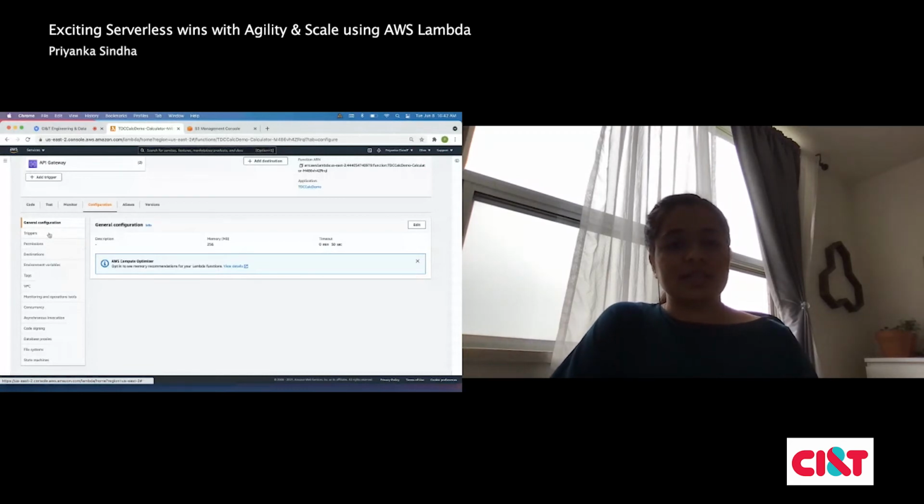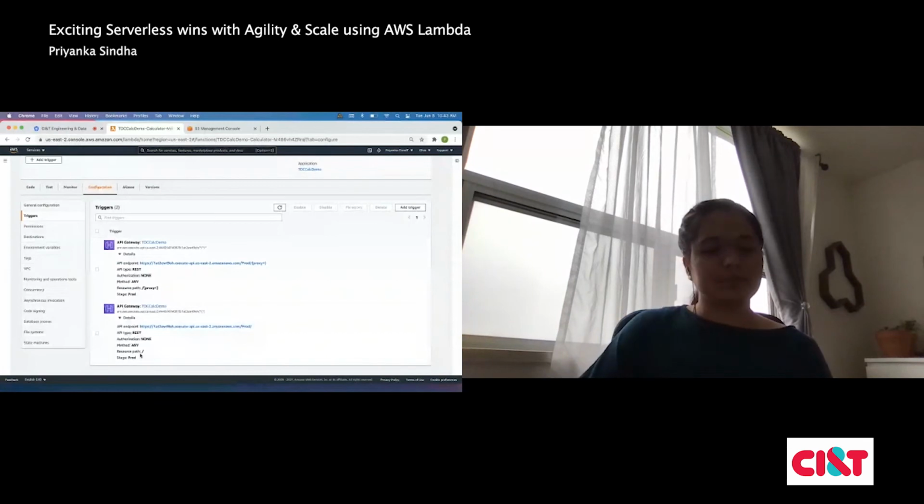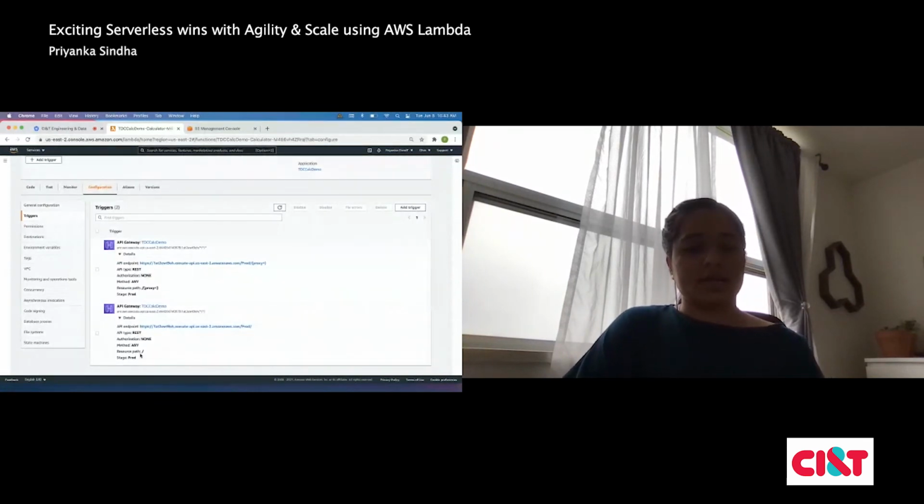Triggers. Triggers are basically where your Lambda function is being called or invoked from. So currently for this serverless application I have 2 triggers: one is called a proxy resource trigger, and the other one is the root resource. Most of the time you don't need this trigger unless you have a use for it. But the proxy resource trigger is the one we use often. Basically it is going to provide an API request and response.